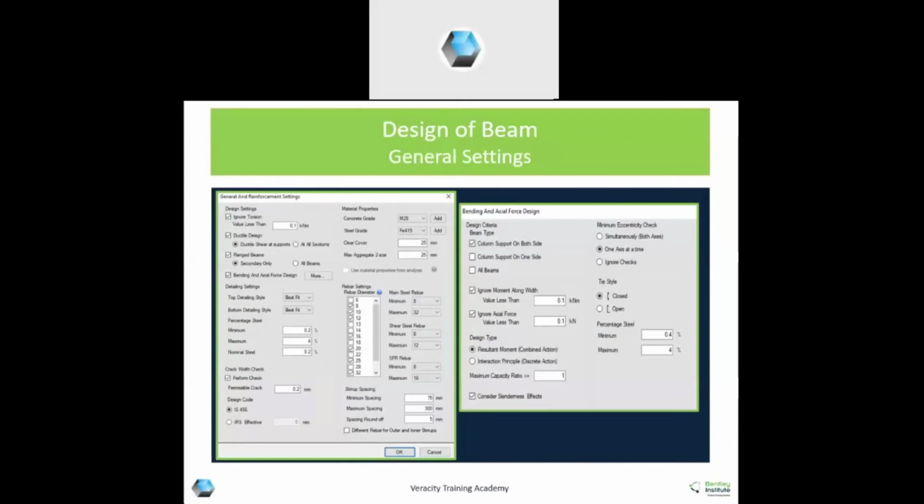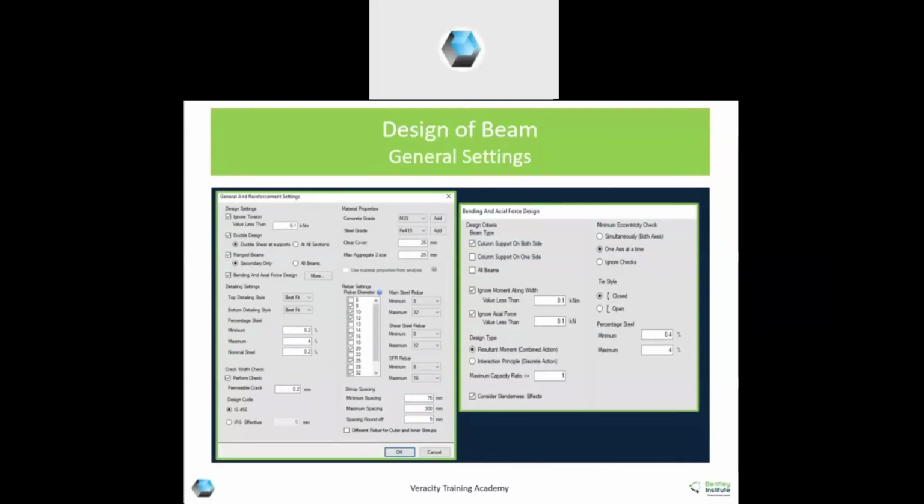Next is ductile design. Whether you want a ductile design only in the joint region at support in the yield portion, or at all sections, that is up to you. So you can choose that. Then flanged beams, whether you want to design all the beams as flanged or only the secondary beams as flanged beams.